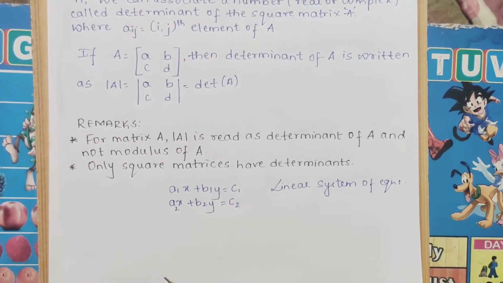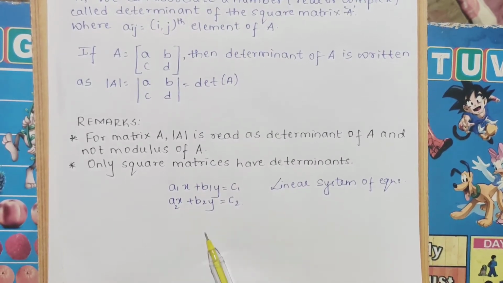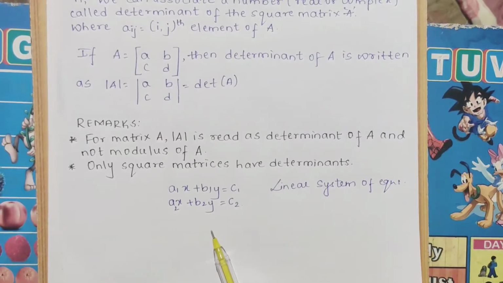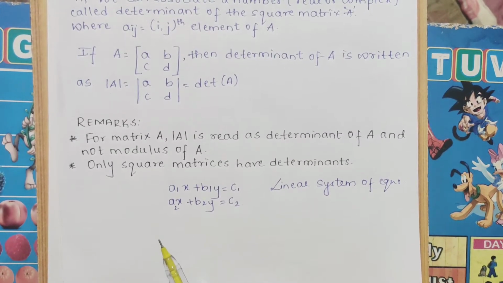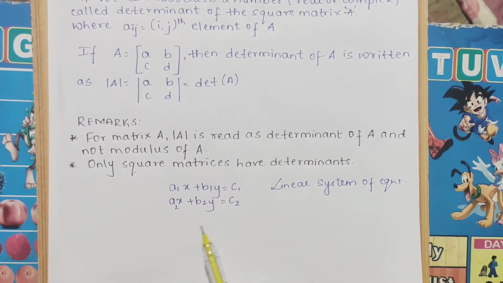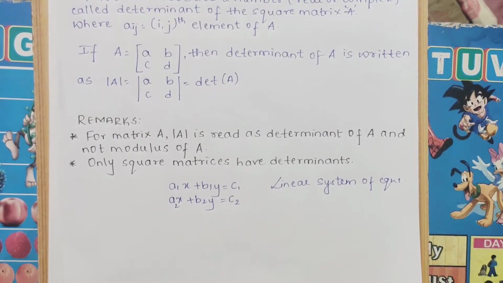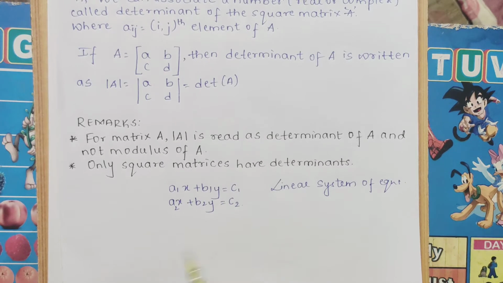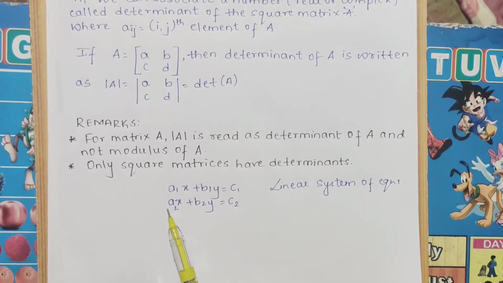What are the uses of this? Determinants are used to find the area of a triangle, and in dimensions, the equation of a plane or the equation of space. There is too much. It is even used in engineering, in mechanics, in physics. There are wide applications. Determinants are used in engineering, physics, mechanics, electronics, everywhere.